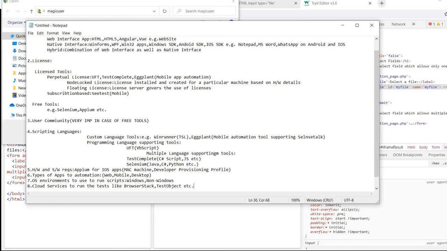So these are a few but very important points we need to consider while doing the POC of any UI automation tool.